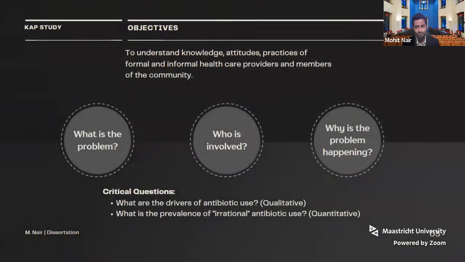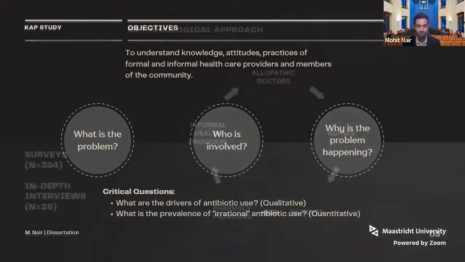The first 2 chapters of my dissertation focus on a mixed method study that examined the knowledge, attitudes, and practices of formal and informal healthcare providers, as well as community members who accessed care in a district of West Bengal. While the quantitative and qualitative studies are voluminous and presented as 2 distinct chapters, I wanted to just highlight that the study as a whole adopted a sequential explanatory approach to understand both the prevalence of irrational antibiotic use, as well as the knowledge, attitudes, and practices using a scored survey that then triangulated this data with an in-depth understanding of the drivers via qualitative methods.